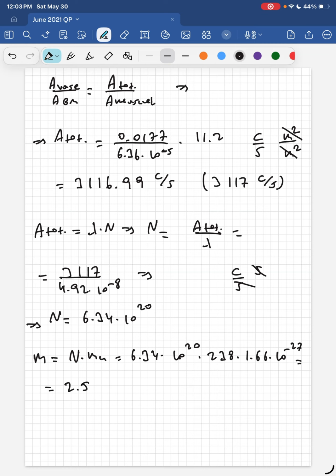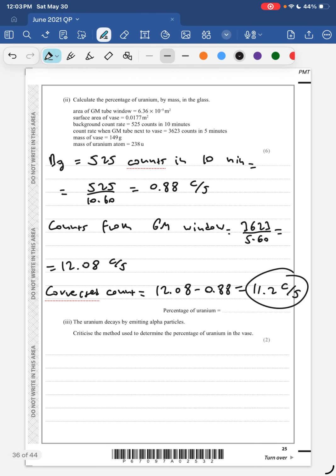And we finally get 2.5 times 10 to the negative 4 kilograms for the mass of uranium in this glass. And all you have to do now is divide the mass of uranium over the mass of the vase, times 100, which yields